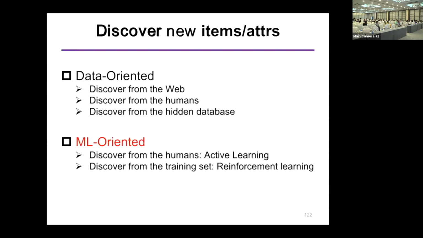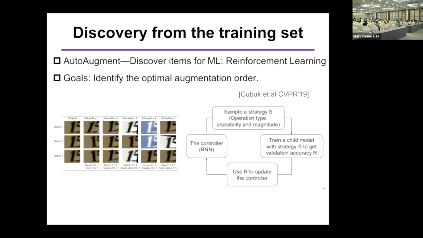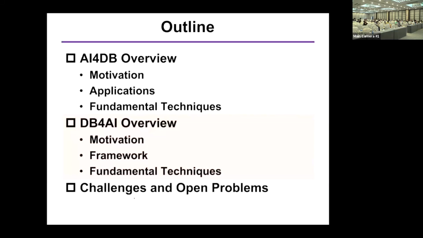And then we talk about the machine learning oriented method, which considers the downstream machine learning model performance. The above methods just enrich the data set without considering the performance improvement that follows. So this method, AutoAugment, focuses on image data rather than tables. For image data, many augmentation operations like flip, rotate, and scale are always applied to enrich the training data for performance improvement. AutoAugment uses reinforcement learning to search